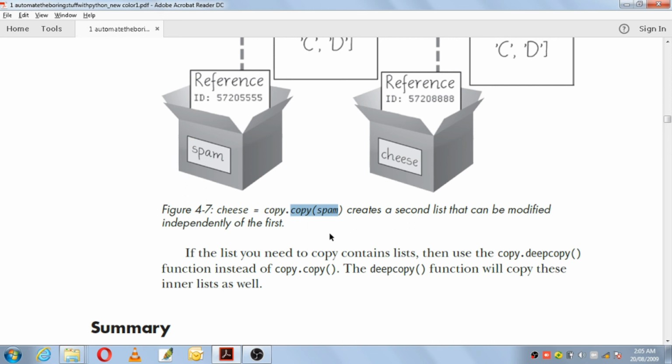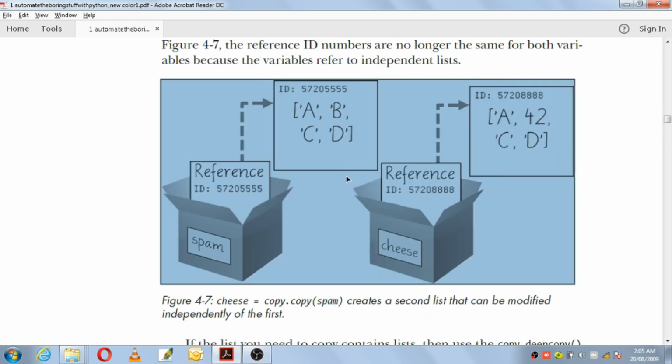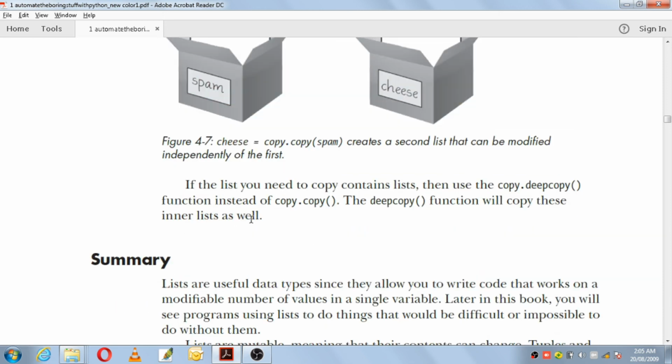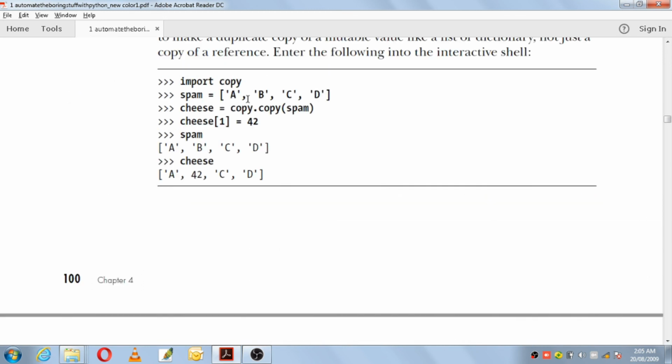If you make changes, they will reflect in two different lists and their reference IDs will differ. Next, they are saying, if the list you need to copy contains lists inside it, that means you have a list, and inside this list you have one more inner list.